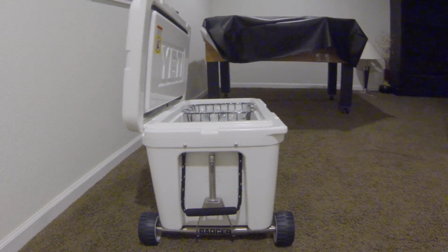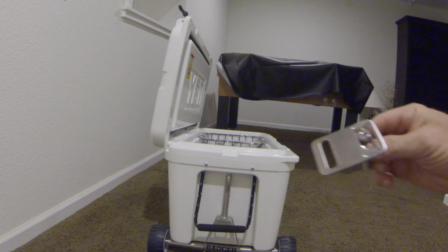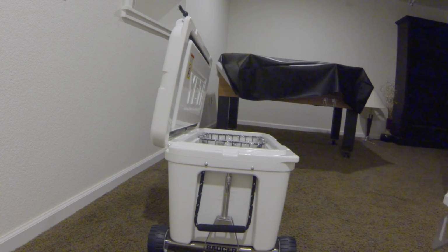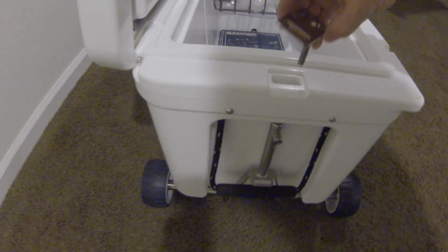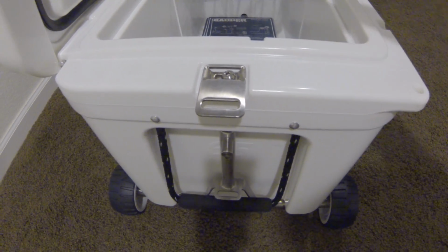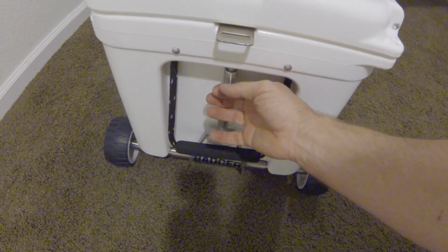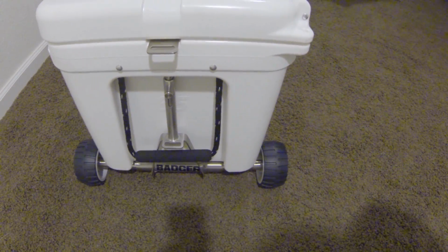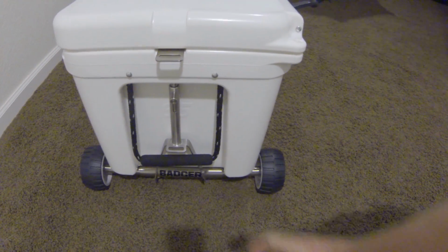The last thing that I'll show you that I have is just a locking plate that comes with it, and you can see what the locking plate looks like. Also stainless steel. It has two different sizes of bolts to make sure that you can get it to work with any size cooler that you have, and basically that bolt just goes right down through here, and you can see that plate, when mounted, will fit flush into the cooler, and it will give you 100% locking mechanism to make sure that these wheels never fall off, and there is no way it can go anywhere then because it's bolted in, and you can tighten it down pretty tightly and make sure that it's very